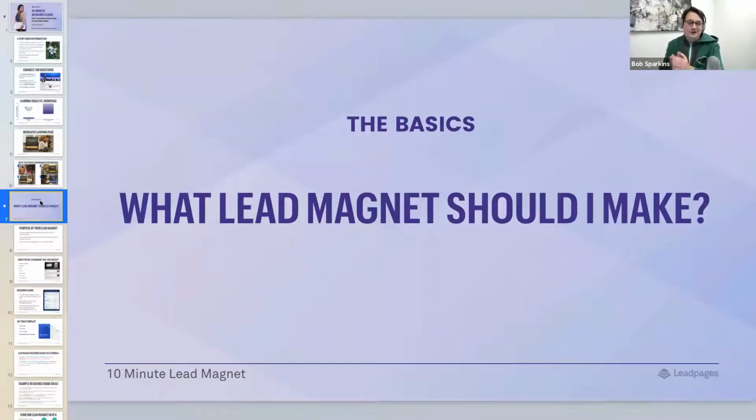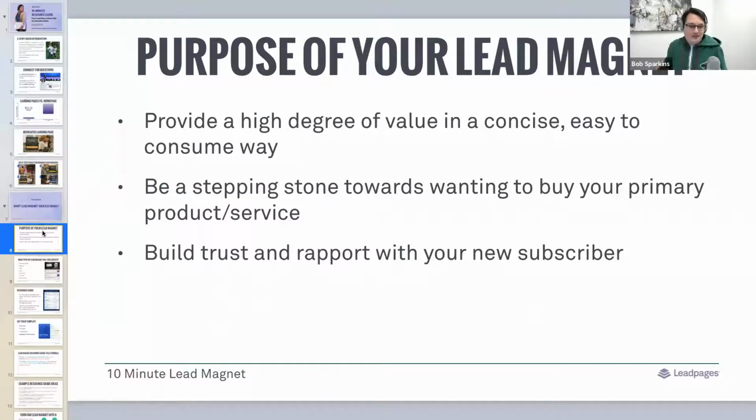So there's two parts here. There is a little bit of a discussion about what kind of lead magnet you should make, and then I want to give you a 10-minute challenge. Okay, in the 10-minute challenge, I'm going to actually build for you live a 10-minute lead magnet. And I want you to be able to do the same thing. But the first 8 to 10 minutes is just a couple of discussion points around the types of lead magnets that are there and why you should make them and why the specific type is going to be the one